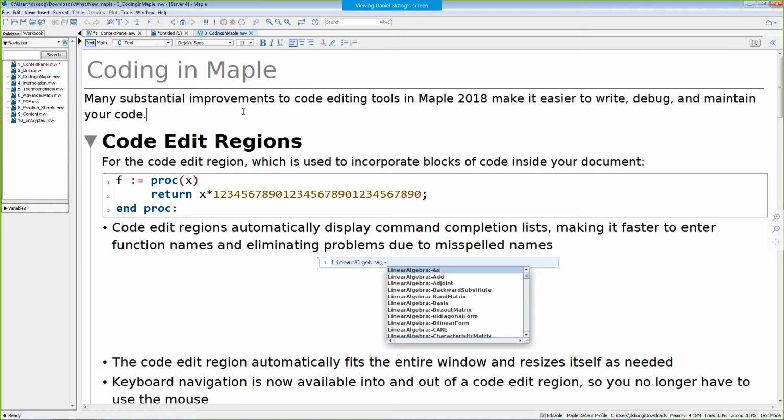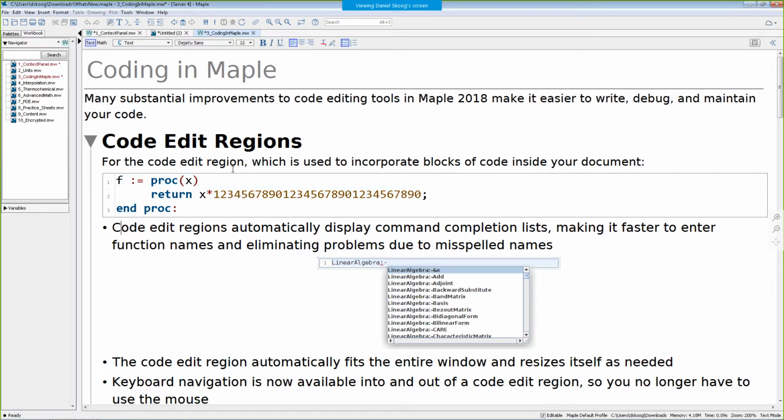This is one where we had some fun this year. We've added a number of features that we probably should have done a little while ago, but we have now added in, and it just makes it a little bit easier to code within Maple. I've mentioned this a number of times already, but my favorite change to Maple 2018 is that you're able to cursor into the code edit region. Previously, you would have had to put your hand on your mouse and click in here, but now you can move from this point in your text, press down, and you're just moving into the code